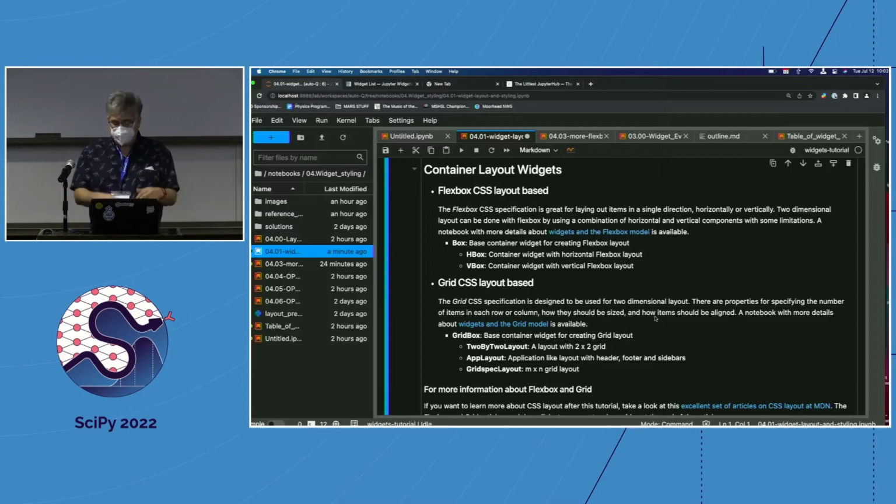We're about to go through several different approaches to laying things out. My recommendation would be, rather than using the lowest level widgets, the box widget and the VBox and HBox, we've got some higher level layout widgets now. A grid layout widget, a 2x2 widget, an app layout widget. Try starting with those first, and if those do what you want, great. If not, you can dive into more detail or you have more control